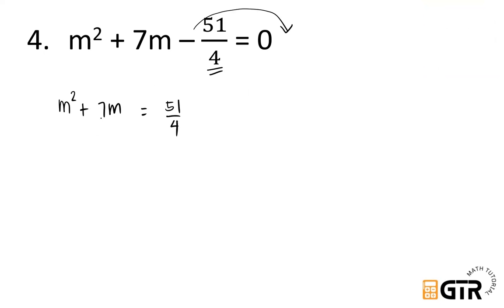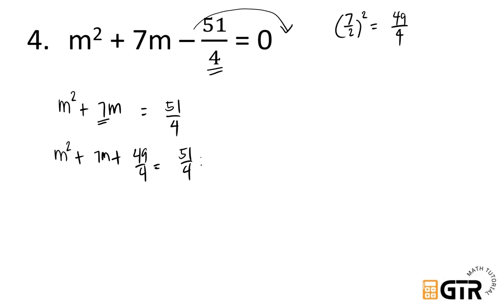And then next step natin, ayan, kapag add number, sigurado may fraction tayo dahil i-divide natin ito sa 2. So that will be 7 over 2 and then tsaka natin square. So therefore, ang i-add natin ay 7 times 7, 49 over 2 times 2, we have 4. So yan ang i-add natin to both side. m squared plus 7m plus 49 over 4 is equal to 51 over 4 plus 49 over 4. So parang eksakto ito. So therefore,